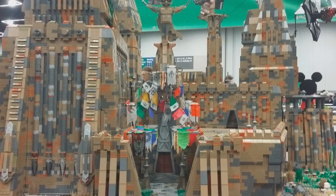Here is another movie scene. This is Maz's castle from The Force Awakens with all of the flags at the entrance. A very striking visual from the movie, and this is done with a little bit of liberties taken. I think a lot of these flags are actually custom built. Of course, you do have ones like this from sets and some Star Wars ones, as well as a shield flag back here, but you also have a Star of David and a yin yang symbol. So I think a lot of these are custom made flags, but it's still a very cool